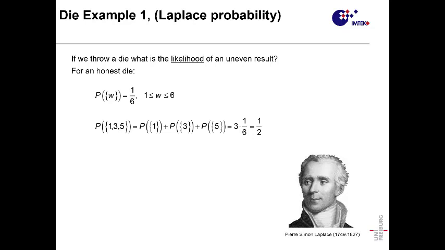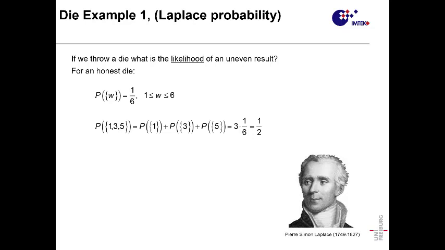Because the probability of a subset is the summation of the probability of each of the elements of the subset, we can see what happens when an even event happens. So it could be 2, 4, or 6. It's the probability of 2 plus the probability of 4 plus the probability of 6, and you sum it together. That's basically 3 times 1 over 6, because each of these faces has the same probability to happen. At the end, you have 1/2 chance of getting an even result.